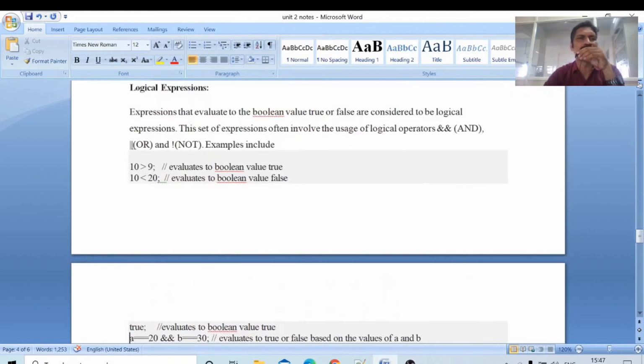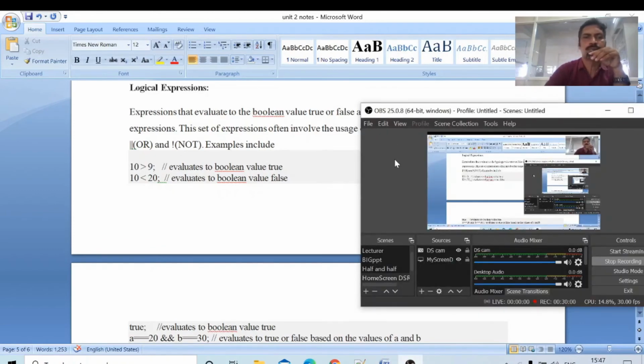Logical expressions. Expressions that evaluate to the boolean value true or false are considered logical expressions. After solving the expression, we will get the value as true or false.